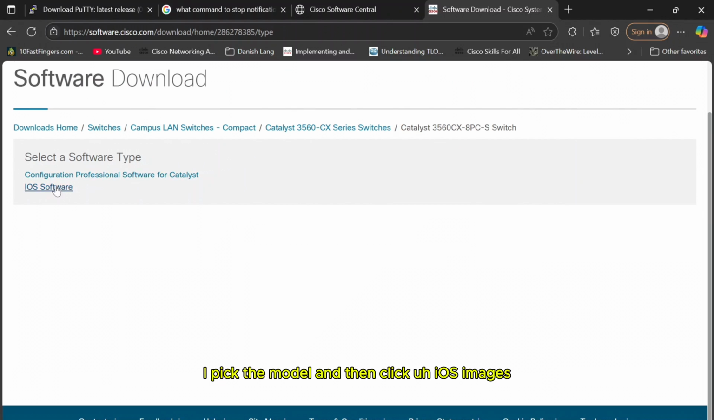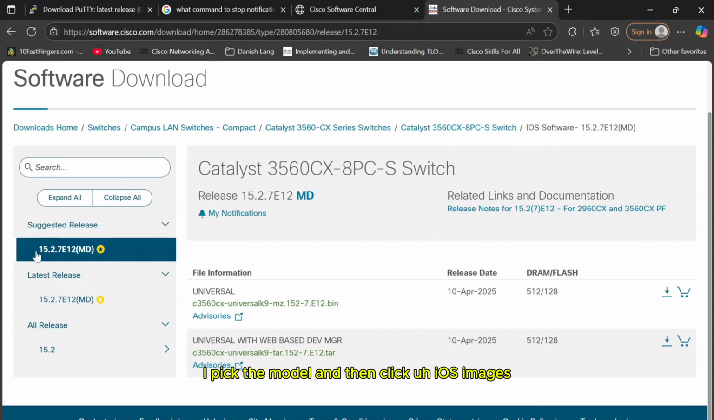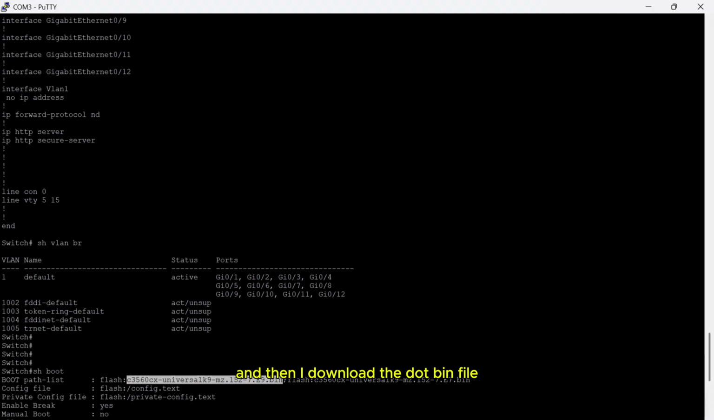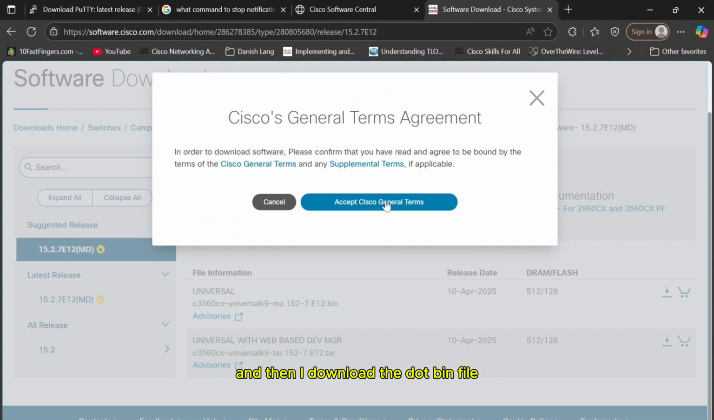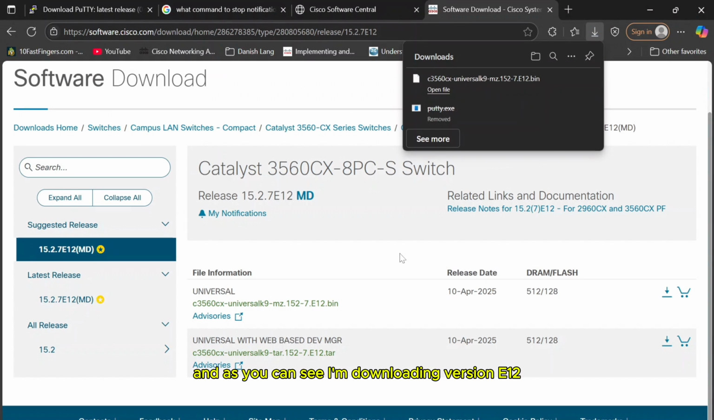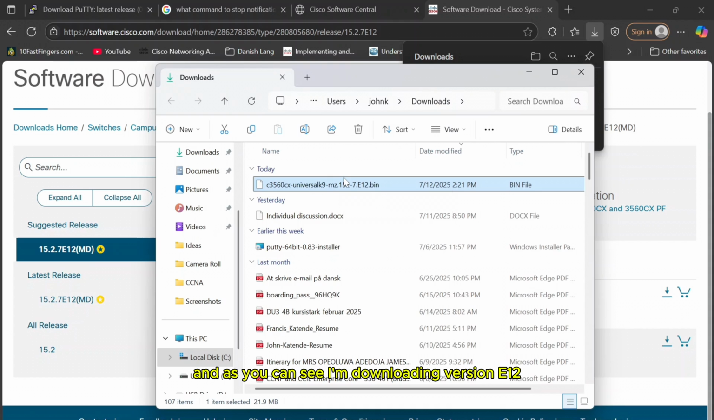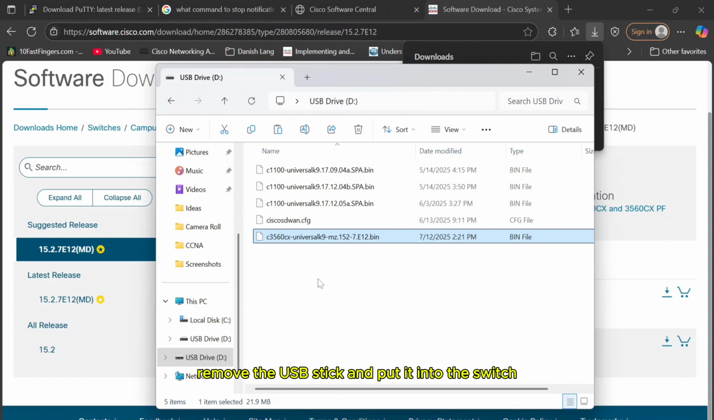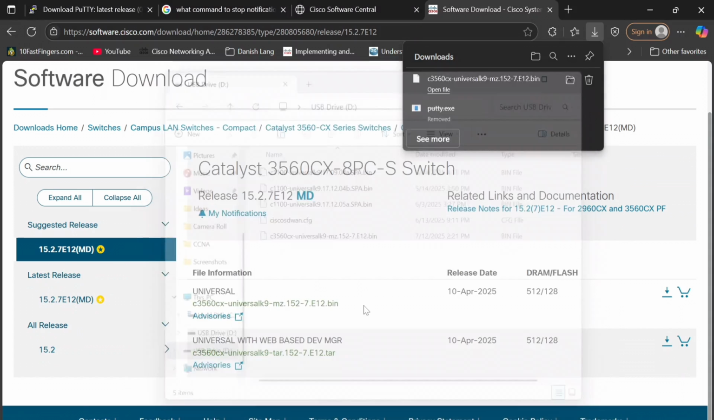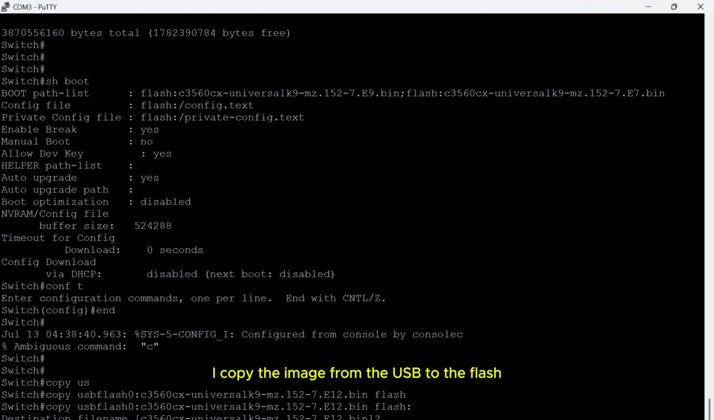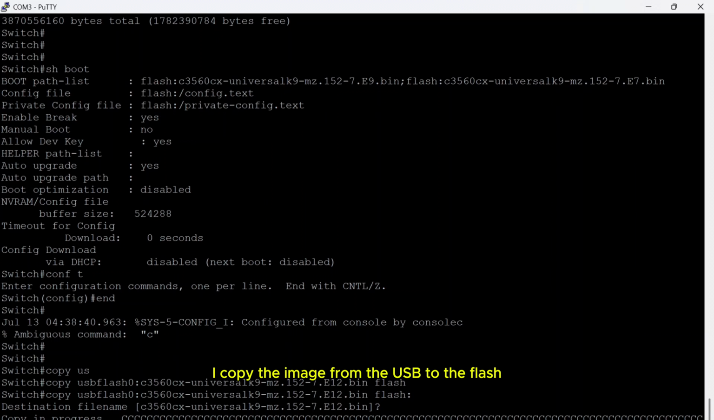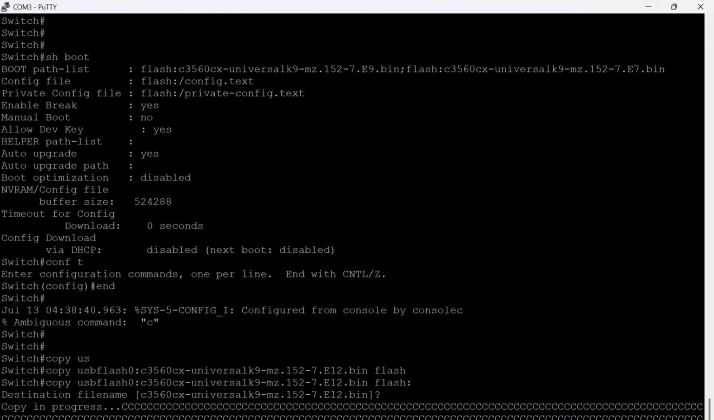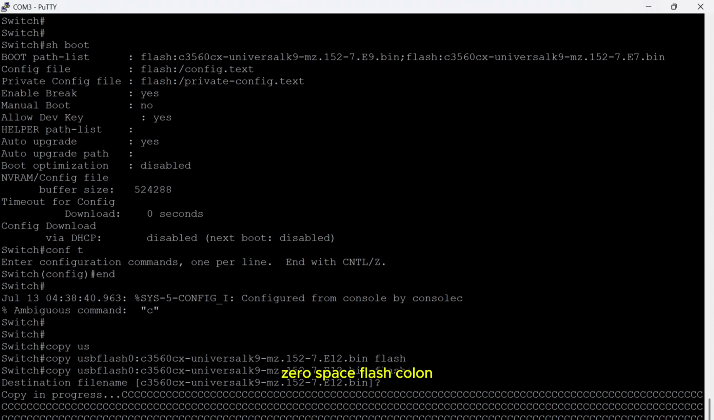Under the device family, I pick the model and then click iOS images, and then I download the .bin file. As you can see, I'm downloading version E12. So I copy this to my USB stick, remove the USB stick and put it into the switch. Once it's in the switch, I copy the image from the USB to the flash using copy usb0: flash: